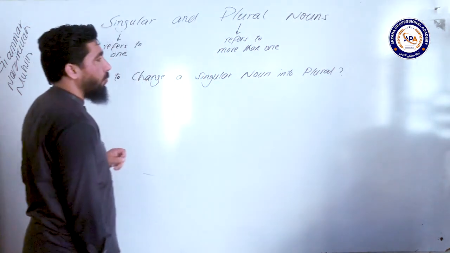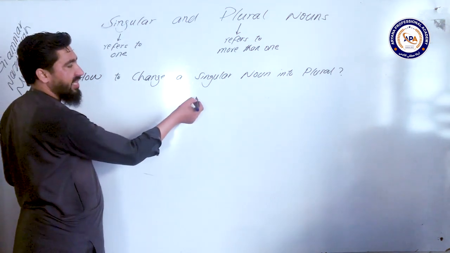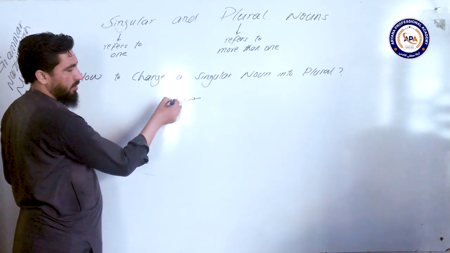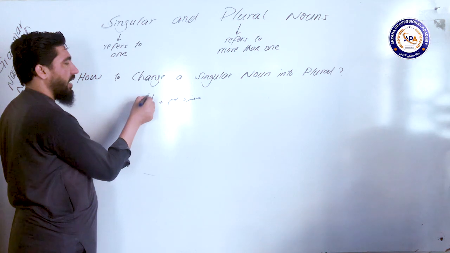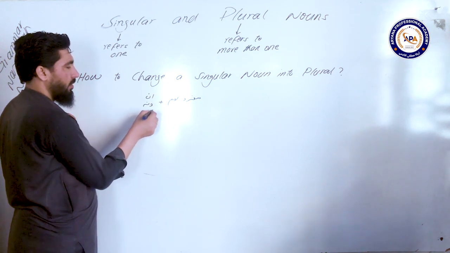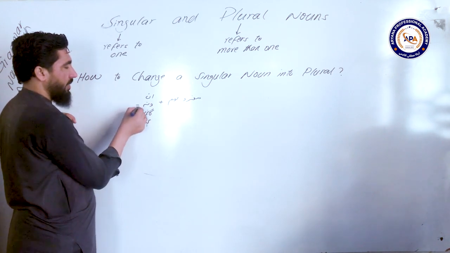So in Pashto we have a general formula for changing a singular noun into plural, and that is we add some suffixes at the end of the singular noun, like an, una, gani, ye, and it becomes plural